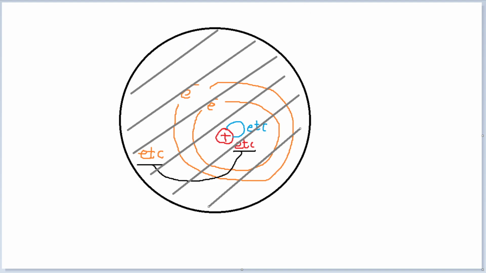Oh, one thing I didn't say, which you mentioned, but let me just clarify. Let me be very clear here. I asked what holds an atom together. Well, an atom has protons, which are positively charged, and an atom has electrons, which are negatively charged. Positives attract negatives. That's it. That's what holds an atom together.